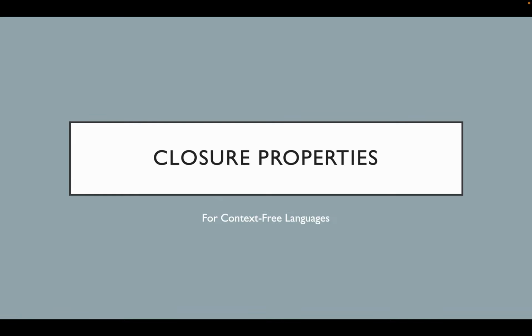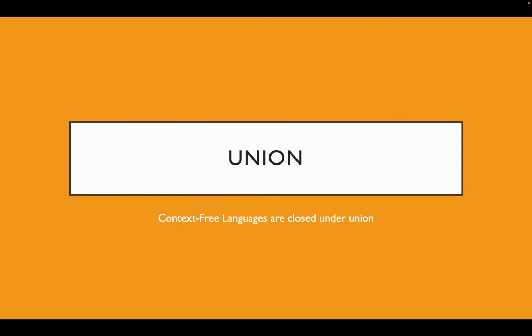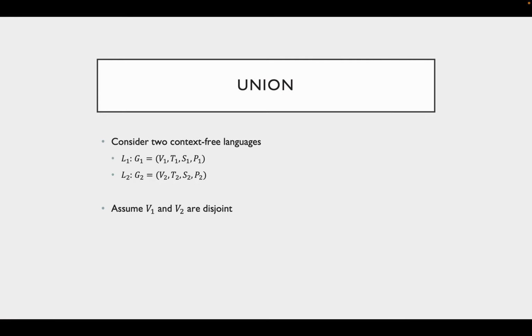This video covers closure properties for context-free languages. The first one we'll cover is the union. Context-free languages are closed under union. So this means you can have two context-free languages, and if you take the union of those two languages, it